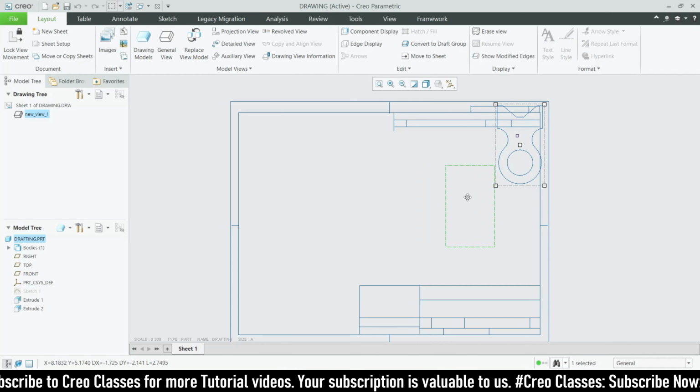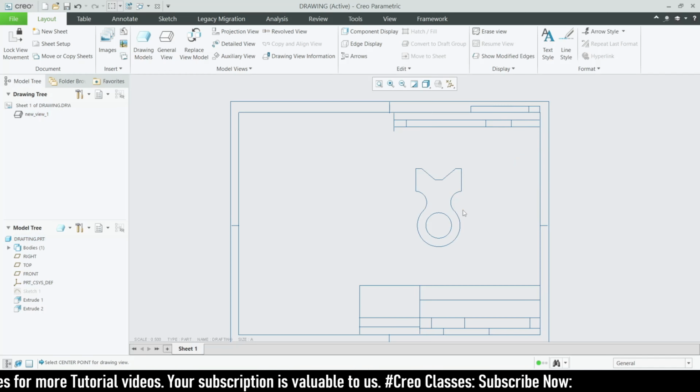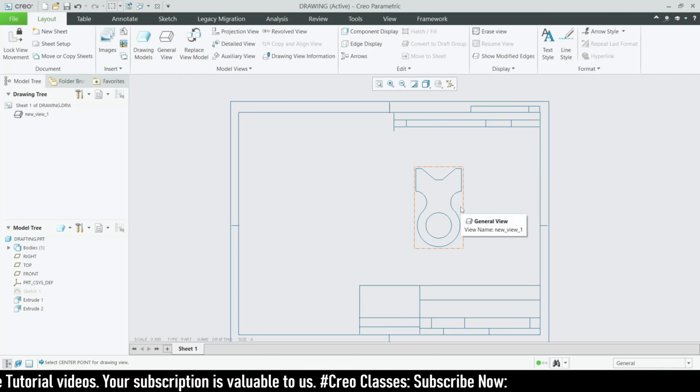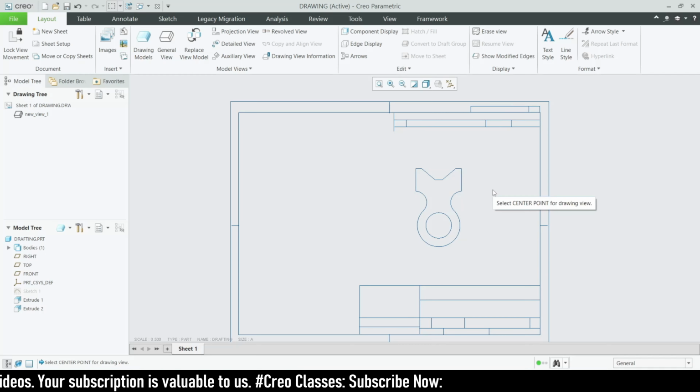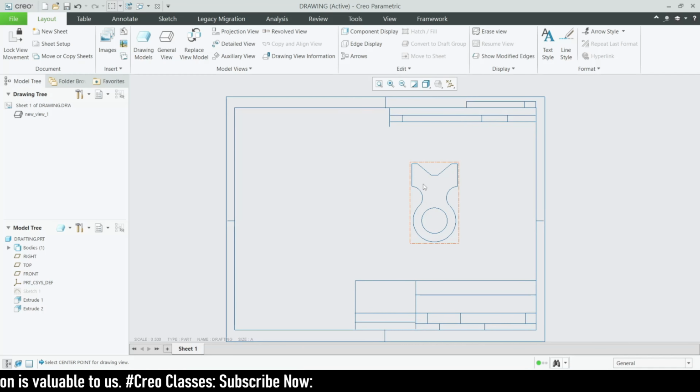So yeah, like this you can drag this part. So we have implemented our part here. Then if you need the left view or bottom view or top view, you can also go for